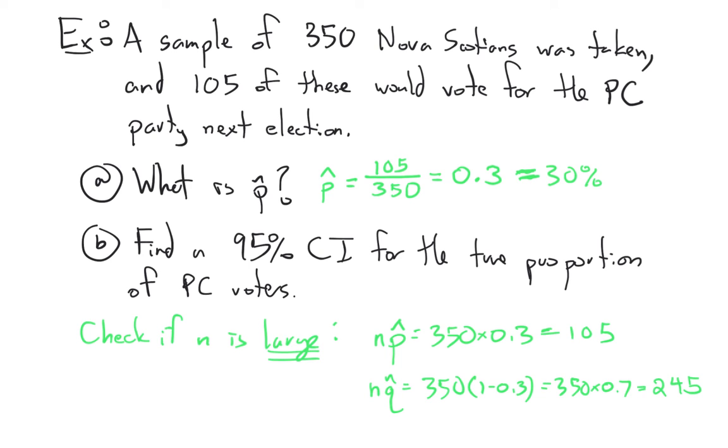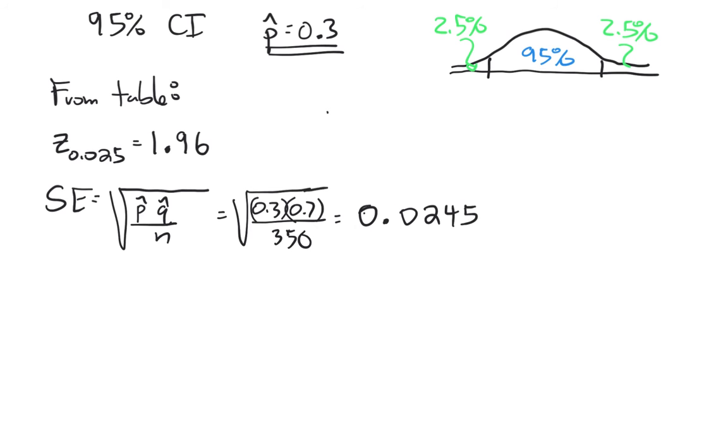Okay, let's move on and let's calculate this confidence interval. Okay, so remember, we want to construct a 95% confidence interval. So a confidence interval where the probability that the true proportion, the population proportion, is inside of this interval is 95%. And remember from the previous slide, our sample proportion was 0.3. So 30% of our sample would vote for the Progressive Conservatives. And we want a 95% confidence interval. So remember, we have our